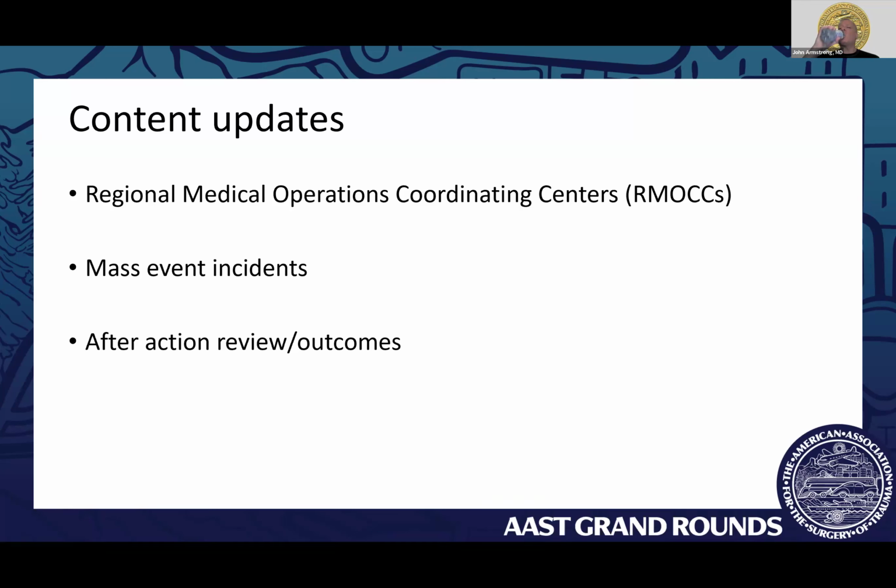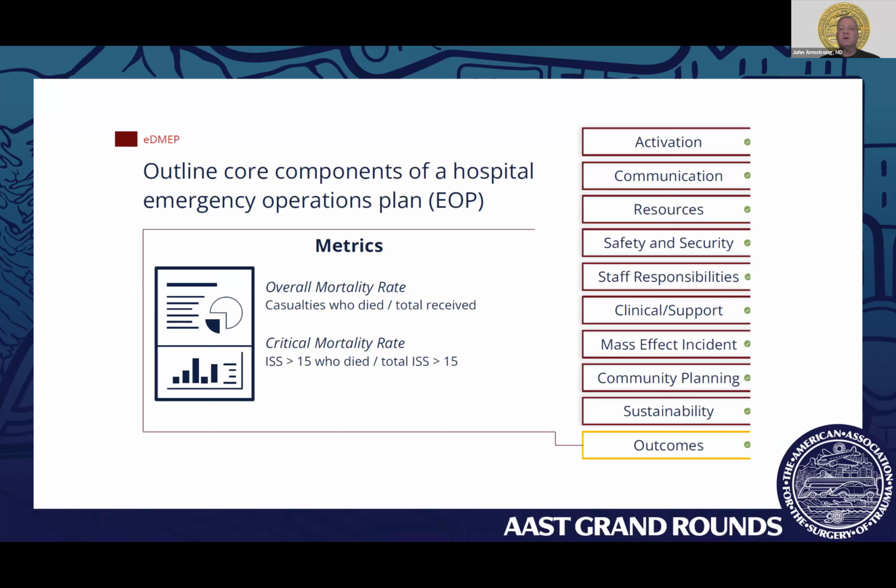Moving into instructional design, you get a sense that there is a very clear structure about what is in various elements of disaster readiness. And here we look at the emergency operations plan. You see on the right the list of the 10 core elements of the emergency operations plan. And in the course of taking E-DMEP, you would click on each of these boxes and get further insights into what matters for effective activation, for example, or as seen on the screen in outcomes,